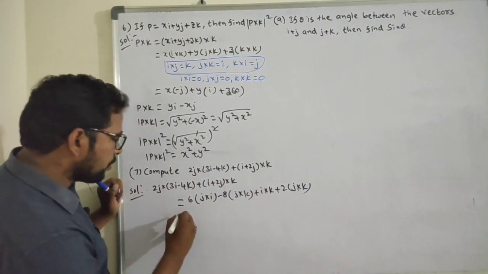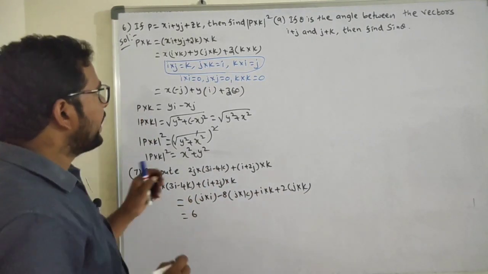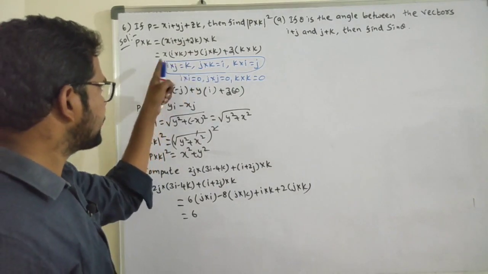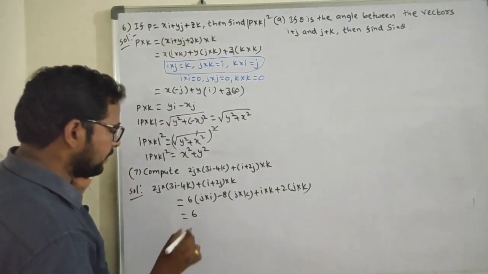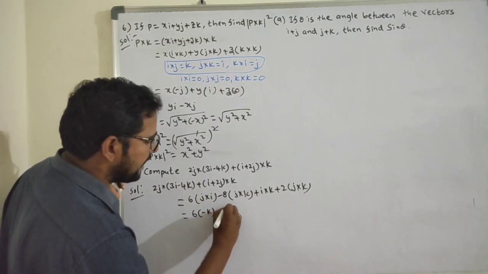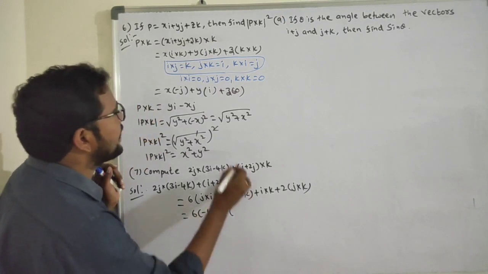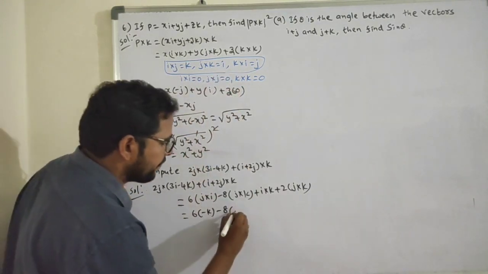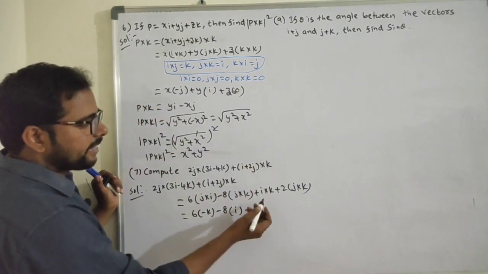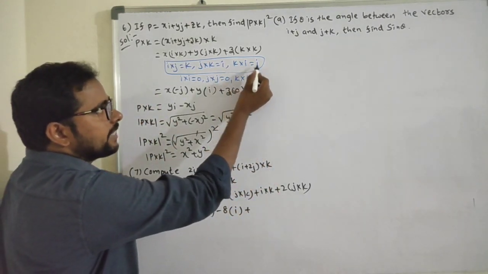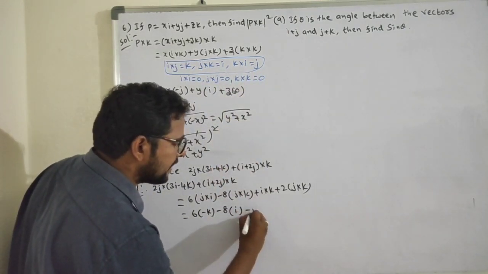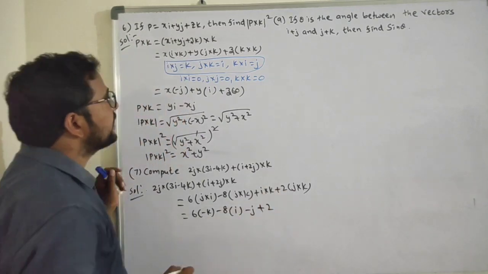Here I into k is a cross product, so take I cross k, and 2j into k, 2 into j cross k. So what is j cross I value? I cross j is equals to k. J cross I means minus k, reverse with negative sign. J cross I is equals to minus k. Next minus 8 into, what is j cross k value? J cross k is equals to I. Next I cross k, k cross I value j, so I cross k value minus j. Take this as minus j plus 2 into j cross k value